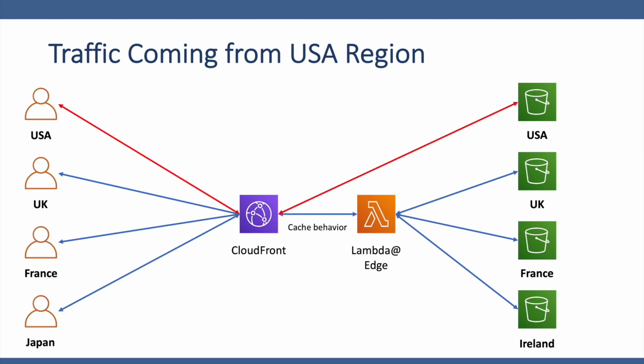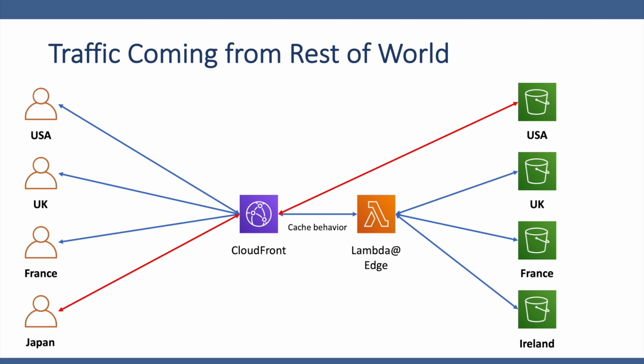Simulate users from different countries and access the content based on the origin request, or the country of the requester. Traffic coming from the USA will be routed to our bucket in US East 1. Traffic coming from the UK will be routed to our bucket in the EU West 2 region, or the UK region. In the same way, traffic coming from France and Ireland will be routed to their respective buckets. Traffic coming from the rest of the world will also be routed to our default bucket, that is US East 1. This architecture is useful to reduce latency by moving content closer to the user, and if there are any sovereignty requirements from the requester's country, the data can be served from the same country.